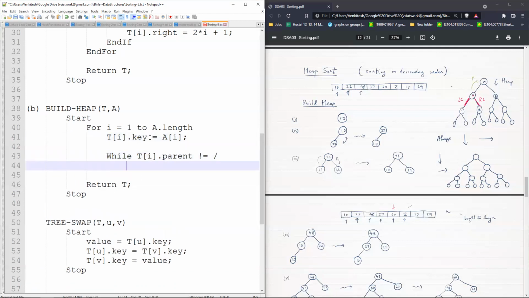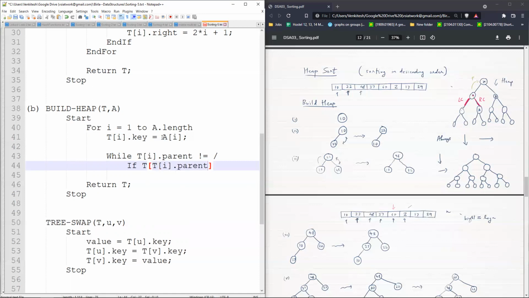As long as T of I dot parent is not empty, what do we need to do? We need to compare the value at T of I and the value at T of I dot parent, right? So when do you swap? You have to swap when the parent value is less than the value at I. So that's what we do. If T of, so what is the value at the parent? T of I dot parent.